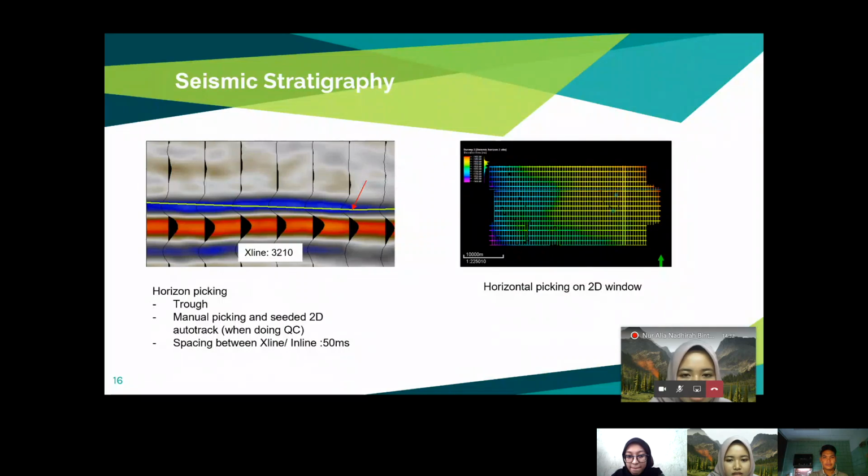The next is about seismic stratigraphy, still seismic stratigraphy here. So at line 3210 here, the yellow line represents horizon picking. As you can see here, the horizon picking is passing through the trough. So that's what I explained here. The